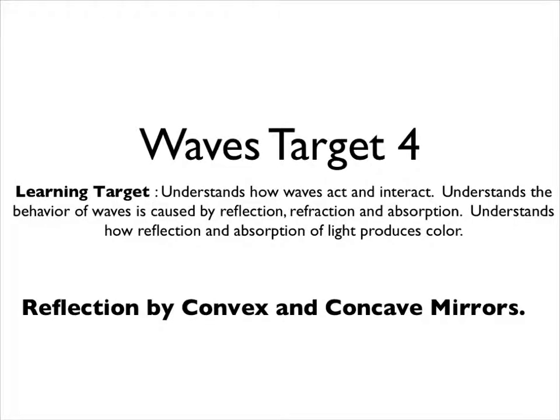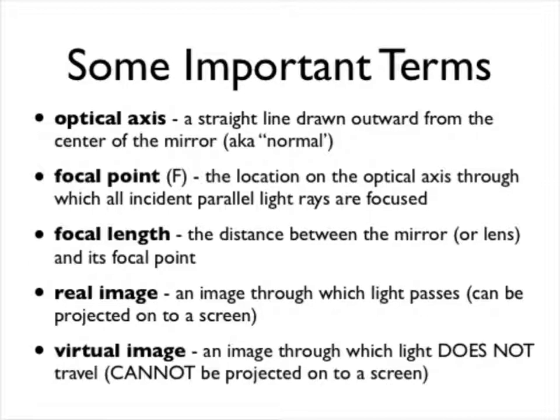Today we are working on Waves Target 4: understanding how waves act and interact, understanding the behavior of waves caused by reflection, refraction, and absorption, and understanding how reflection and absorption of light produces color. Today we are looking at how the behavior of waves is caused by reflection, refraction, and absorption. And really we're just going to look at reflection, because the focus of this lesson is the reflection by convex and concave mirrors. So before we get into drawing ray diagrams for convex and concave mirrors, we've got some